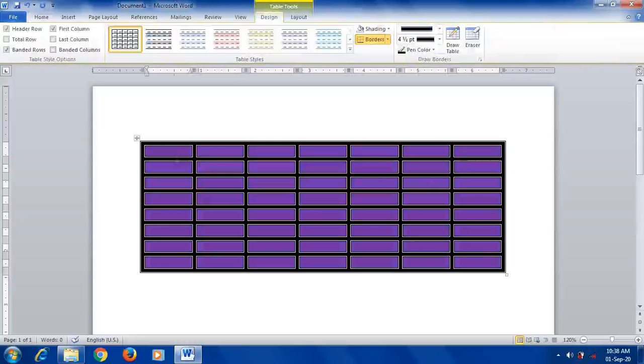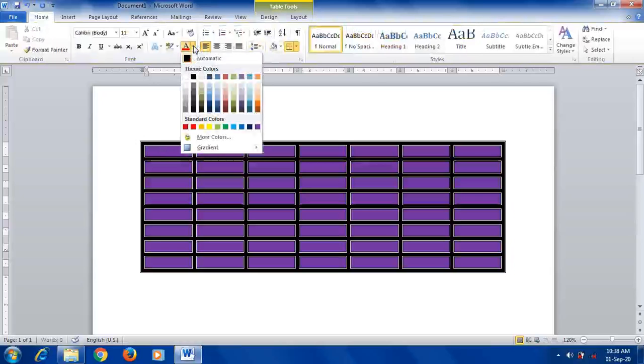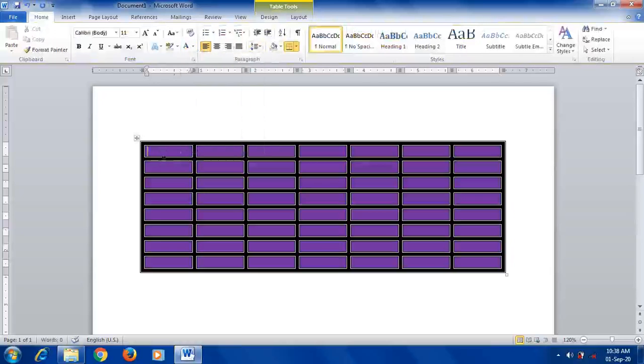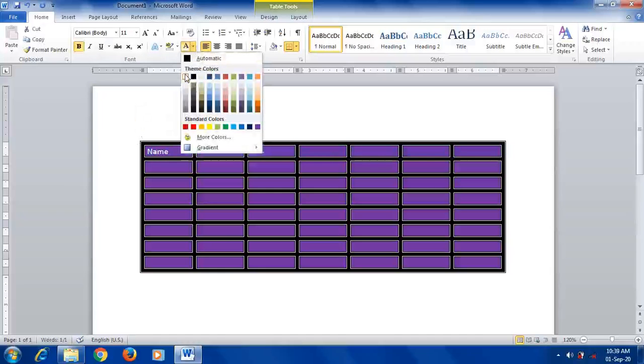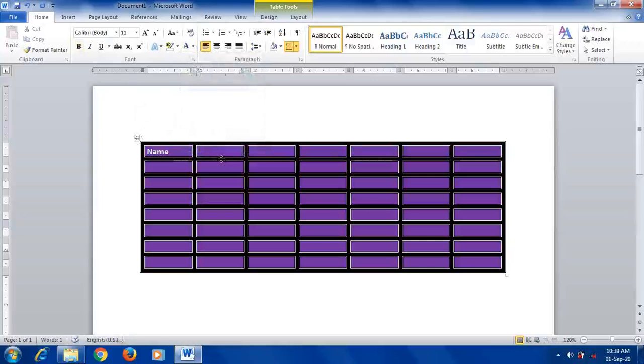In this you can enter like this. So now let me keep that font color as white. That is white. Then it looks very attractive. And then let me make it bold also. Name. Sorry. Select the entire table and select the color. Otherwise, for each cell you have to go and select. Roll number. So like this you can enter the details in a table.